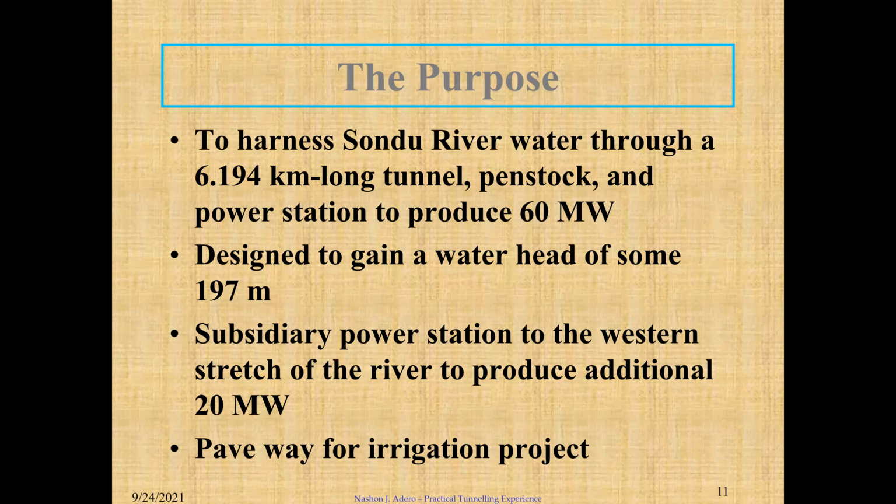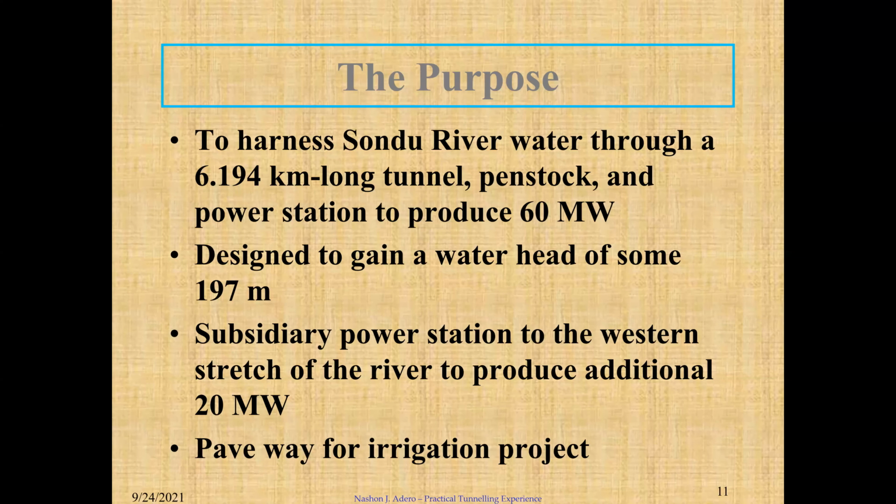So the total budget was to produce a total power budget of 60 megawatts. There was also supposed to be an irrigation project out of this power project, to pave way for irrigation projects, so that once the water has been used to rotate the turbine to produce power, we would also have the water being directed for irrigation. So you can see in terms of development,